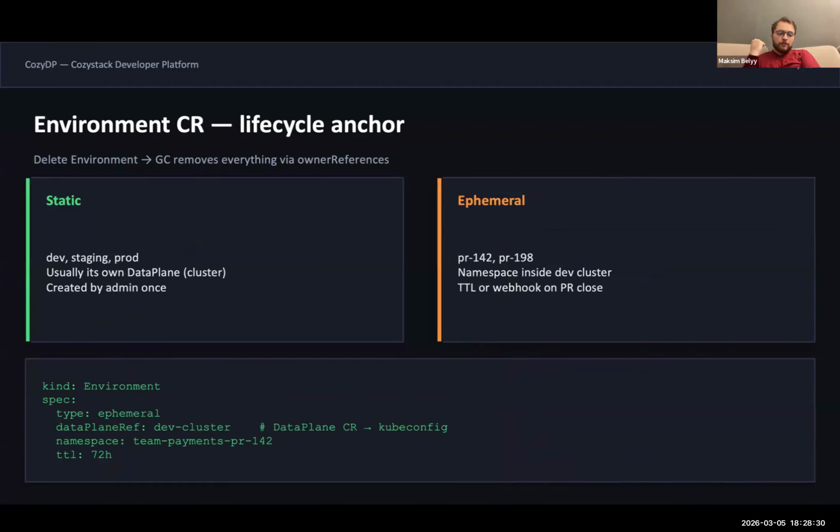For example, you want an environment for a developer, for dev, staging, and production. It usually has a data plane, and environments can be ephemeral, like creating an environment based on a webhook or pull requests or something else.